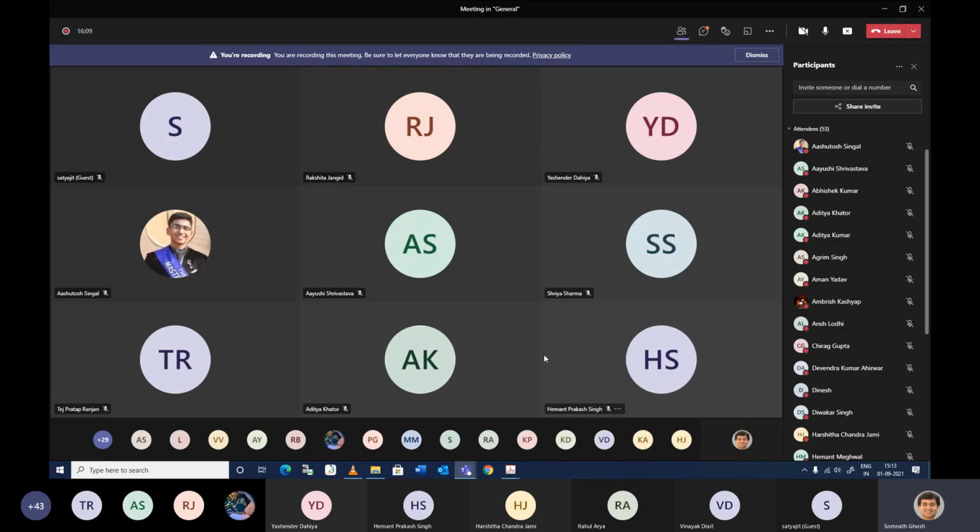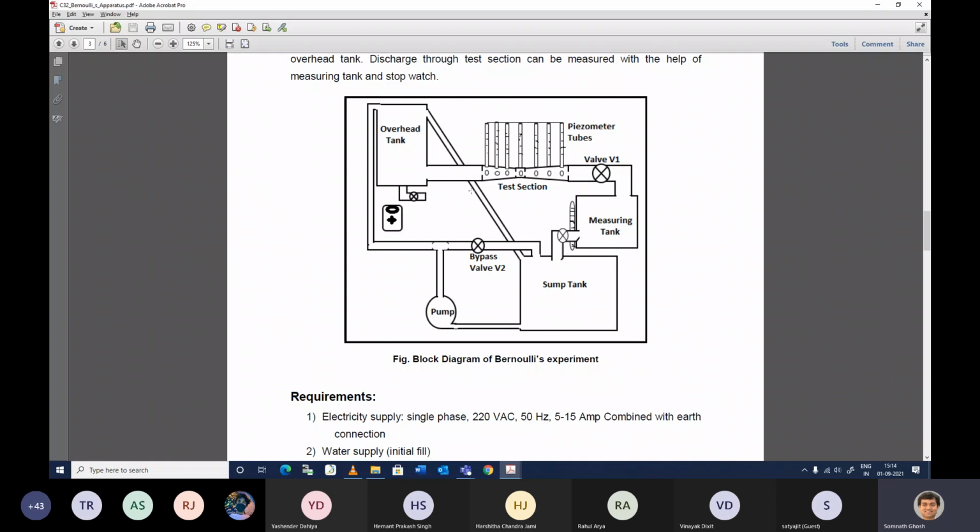So those points are connected with those piezometric tubes, right? And you will see once you have the data that, if you move forward in the flow direction, due to this constriction or converging nozzle, the flow velocity will gradually increase and the pressure will gradually decrease. So that thing you will notice, and that's quite